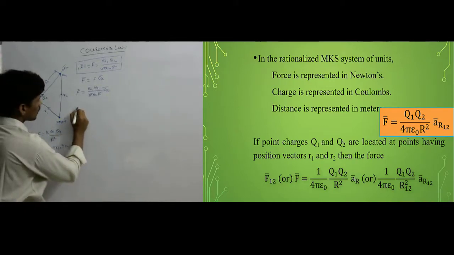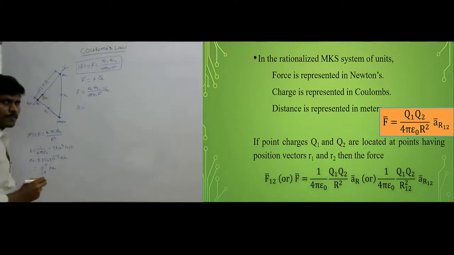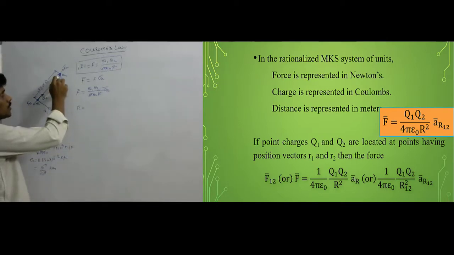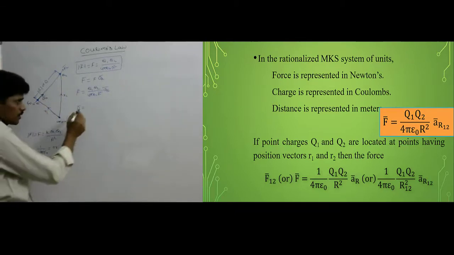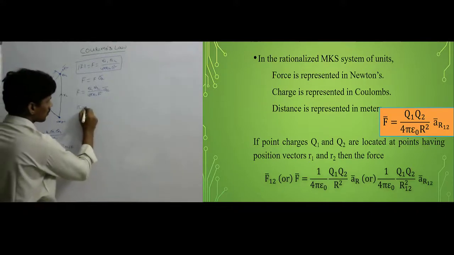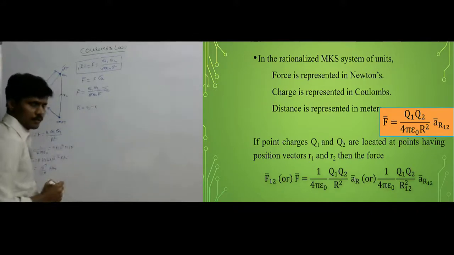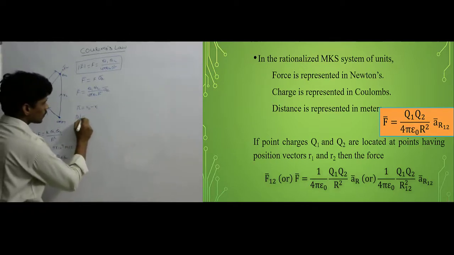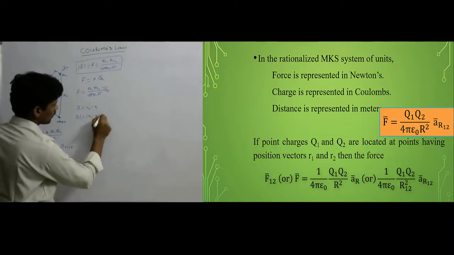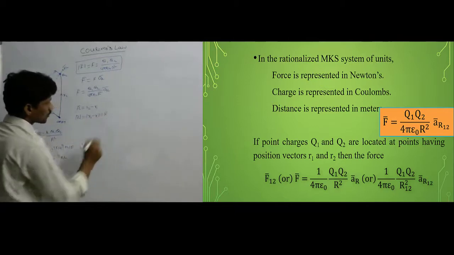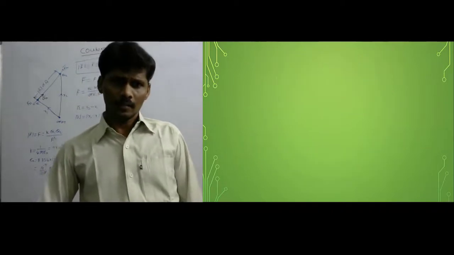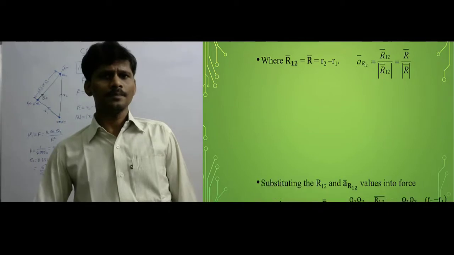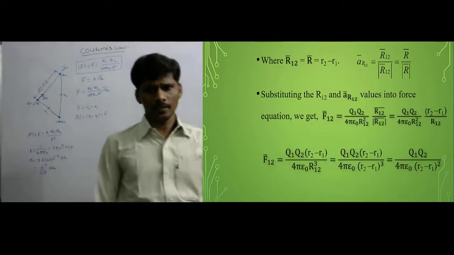First calculate the distance vector R bar. How to calculate the distance vector r bar? Now here the force is calculated on this point charge, so because of that, point charge q2 position vector minus point charge q1 position vector. Therefore, the distance vector r bar is equal to small r2 minus r1. And magnitude of r bar is equal to magnitude of r2 minus r1. Magnitude of r bar is also represented simply as capital R. The capital R is the distance between two point charges.